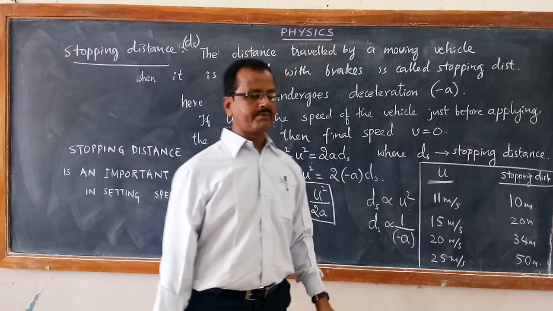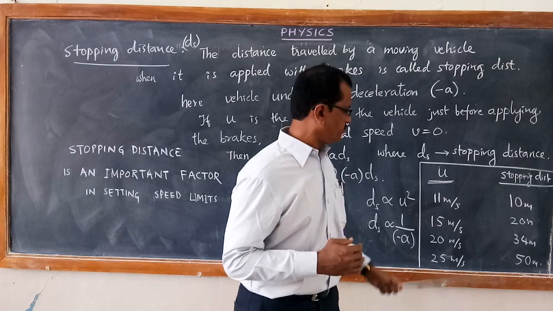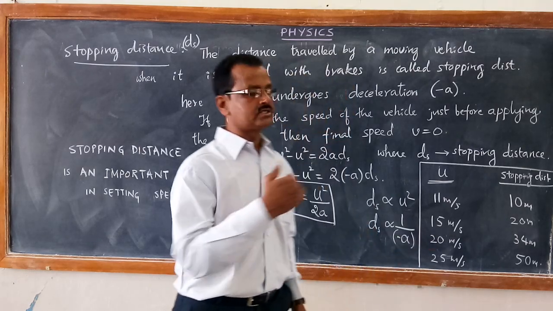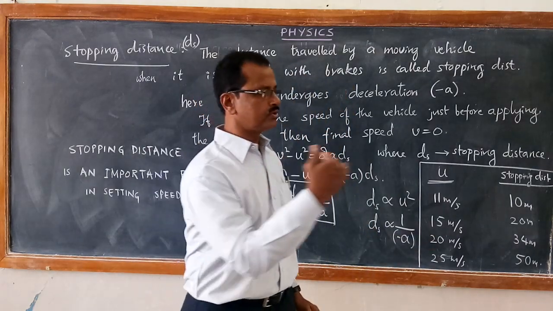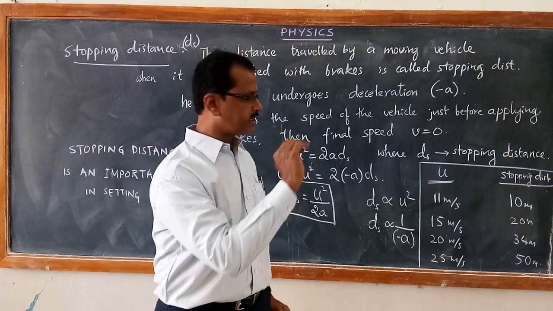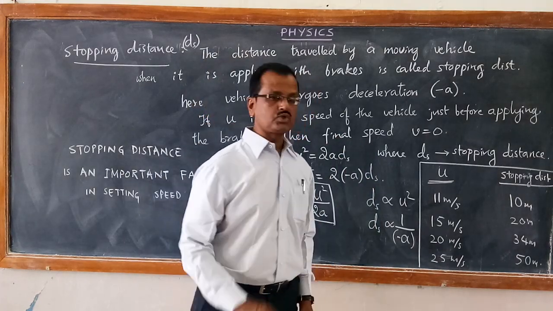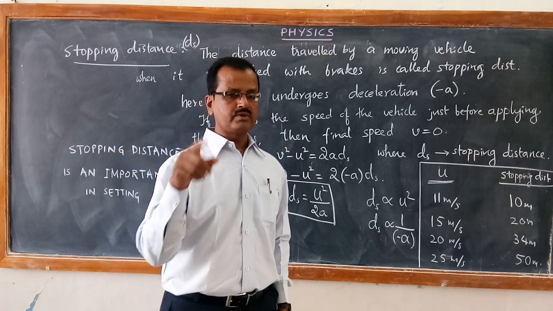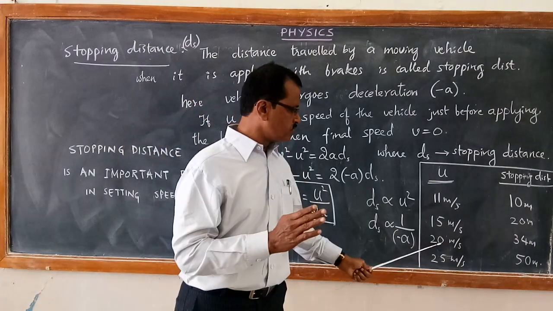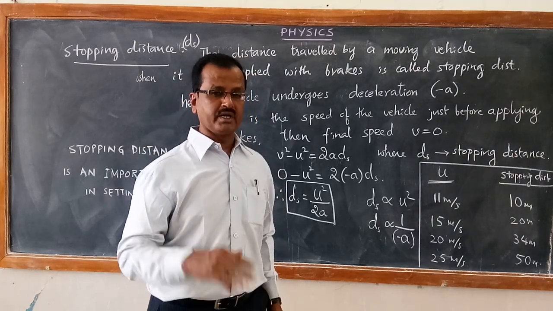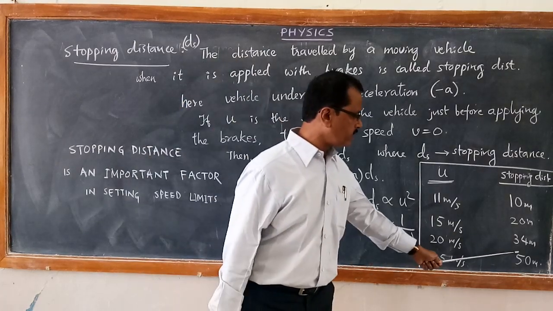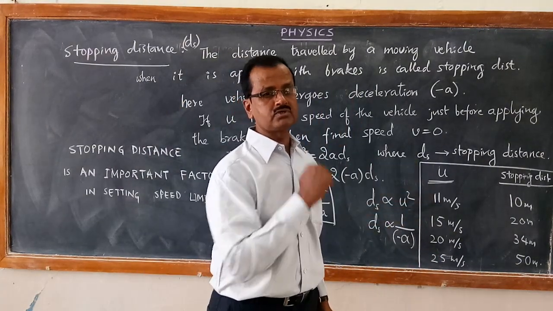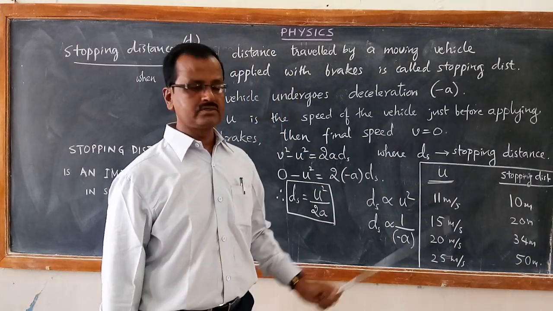Then when you apply the brakes, it covers 20 meter of distance before it is going to halt. If it is going with 20 meter per second, 20 into 18 by 5, 5 ones are 5, 5 fours are 20, so it is moving with 72 km per hour speed, high speed, then it will be covering 20 meter of stopping distance. Very, very dangerous.